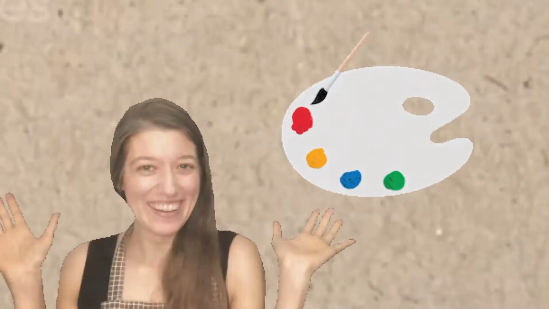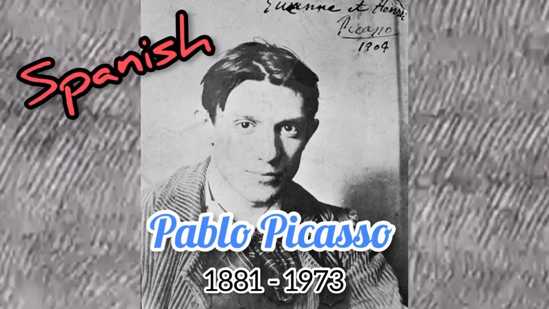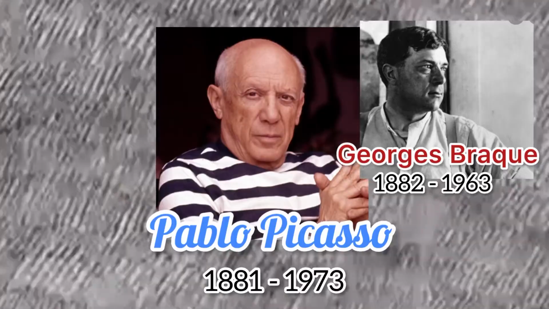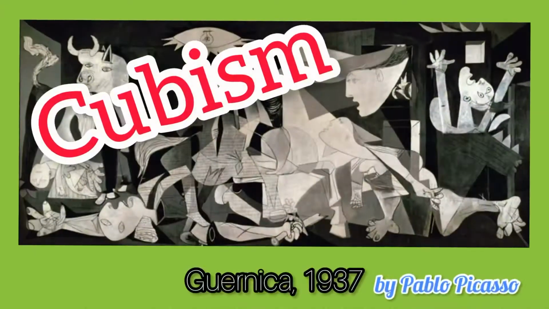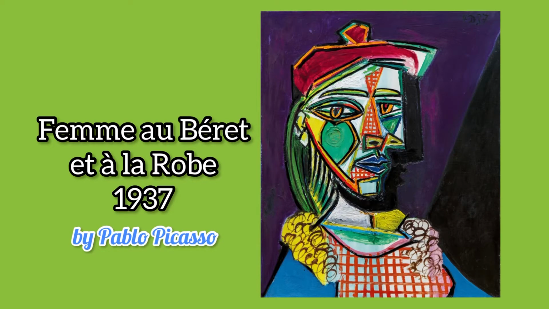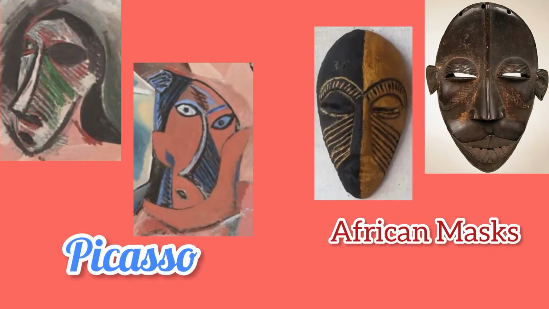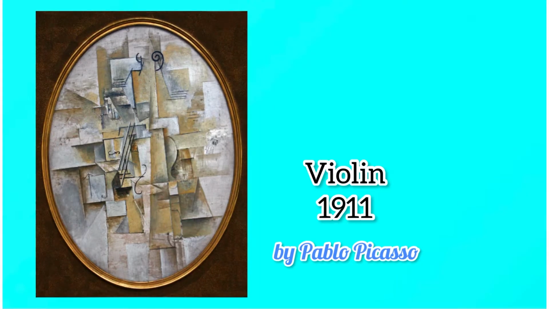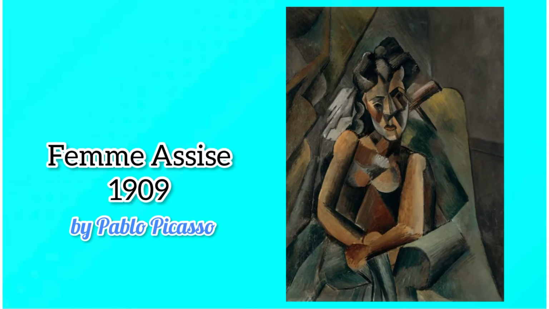Alright, let's get started. Pablo Picasso was a Spanish-born artist who, along with Georges Braque, invented a style of art known as Cubism, which is arguably the most influential art movement of the 20th century. Pulling inspiration from the simple geometric features of African masks, Cubist art attempts to portray the essence of an image by allowing the viewer to see an object from multiple angles and perspectives.